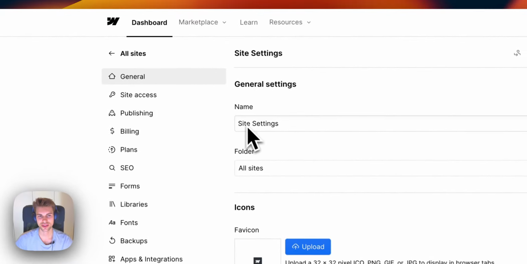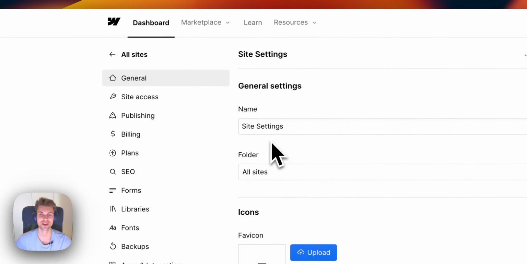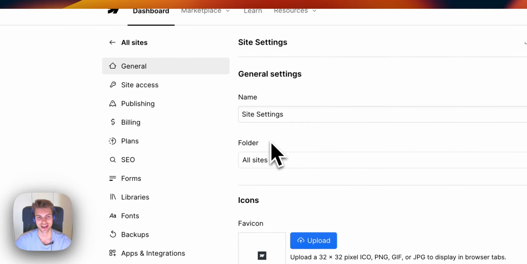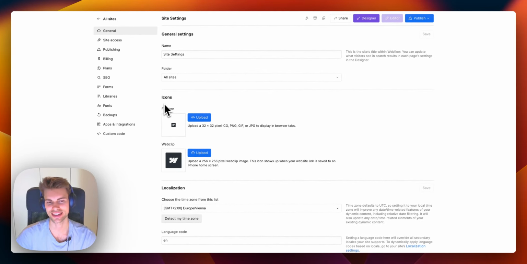In the General tab, first thing is the name. This should just be a descriptive name which shows up inside of your or your client's workspace. Then we have our first important setting, which is the favicon as well as the web clip. I'm not going to go into too much detail on how to create those. There are great resources out there, and you can easily create them inside of software like Figma, Adobe Illustrator, Photoshop, or even Canva. But they are very important for SEO. This is the small icon that shows up on the top of the browser or in the Google search results. So it's really important to set both of them here, especially the favicon.